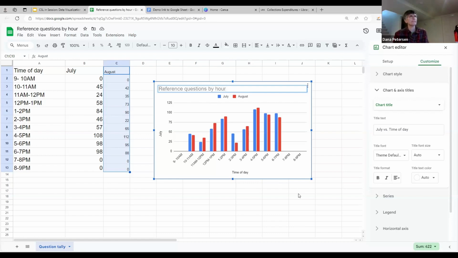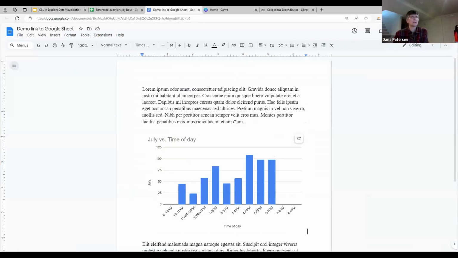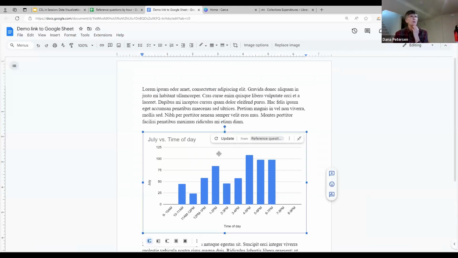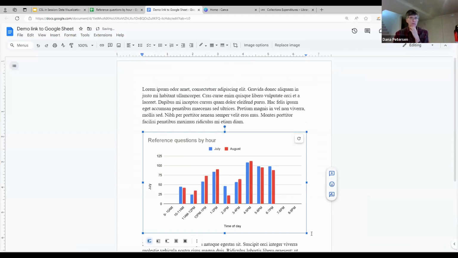Cool, so we've got some more data. Let's head on over back to our Google Sheet. Here is our chart. If I select it, oh, hallelujah, it worked. I have a chance to update this data. I update it. Super. Now I've got that data, another month's added. We're ready to go.